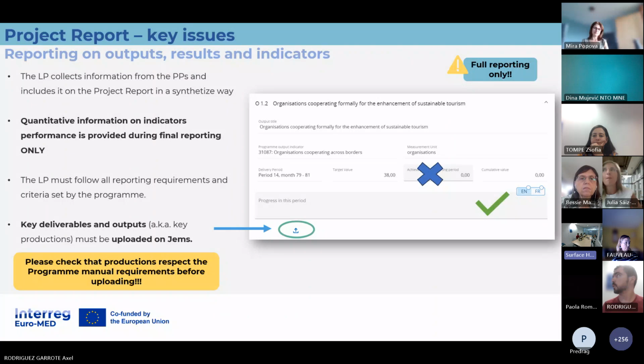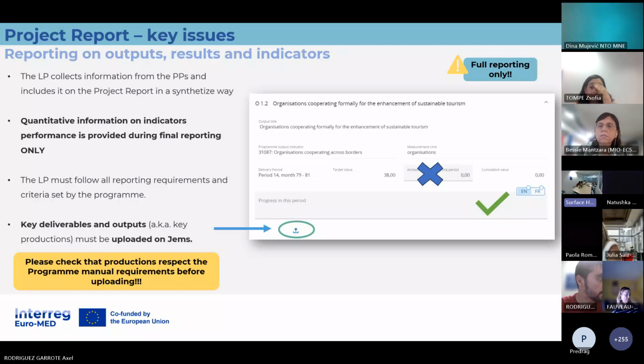You don't have to wait for a validation in order to publish some of your key productions on your website. It's totally independent. This process of putting them on GEMS is only for our library of project results. In the next days, you will receive some indications from our communication unit about how to include your productions on your website. This will come later. Thank you.